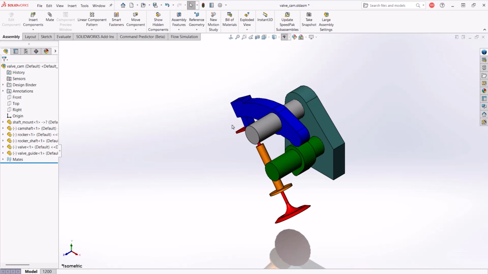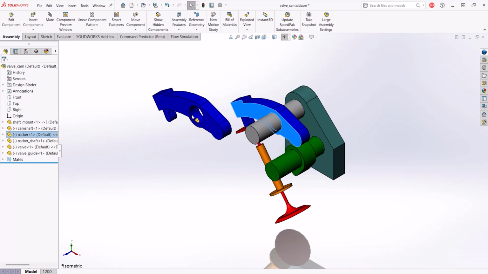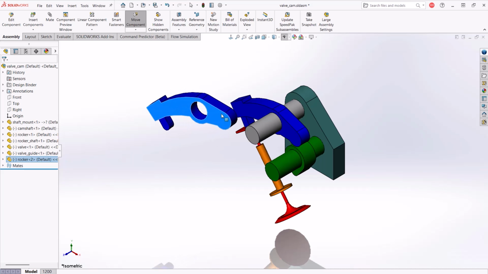The first way to rotate components, and the easiest way to rotate components, is to simply click and hold the right mouse button while hovering over a component and start rotating it around. This makes it easy to align a component as needed so that it will rotate as expected when mated into